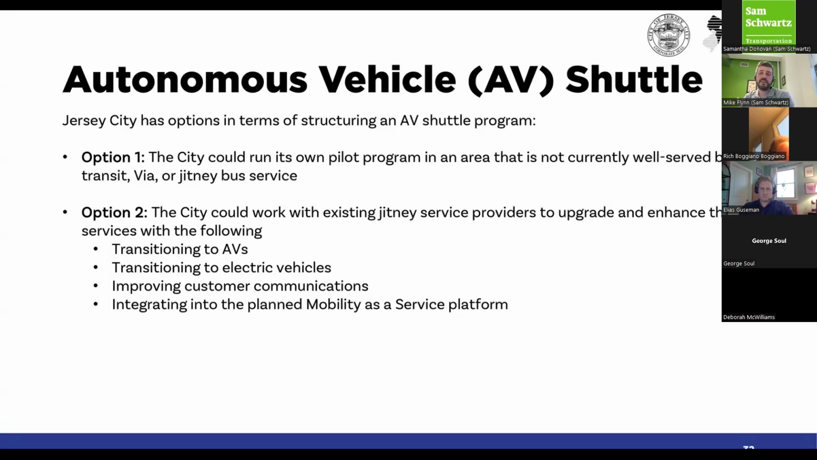Autonomous vehicle or AV shuttles. So these kinds of services could provide an additional short trip option to complement existing transit service and present an opportunity to design service around the needs of key communities that aren't currently directly served by existing transit options. There's different ways that the city could go about this, but either way, it should be designed to target areas of the highest need, to provide more concentrated short trip service than is currently provided by VIA or